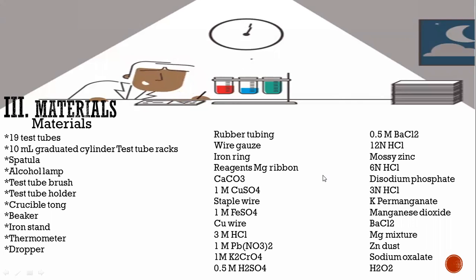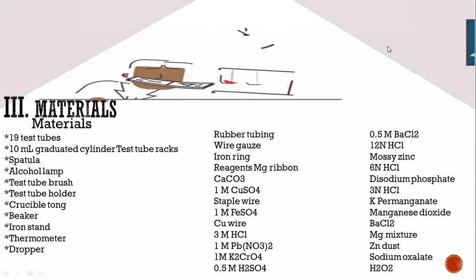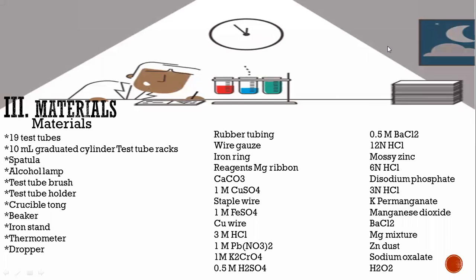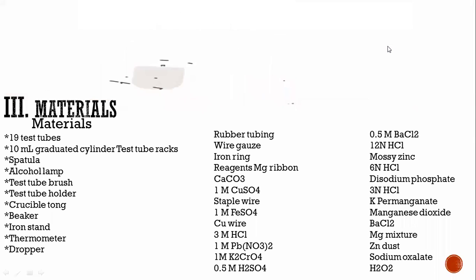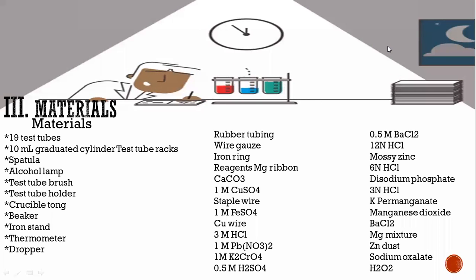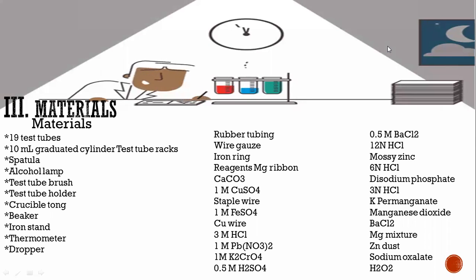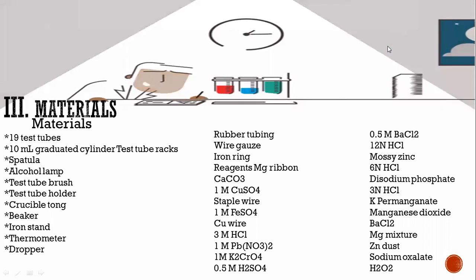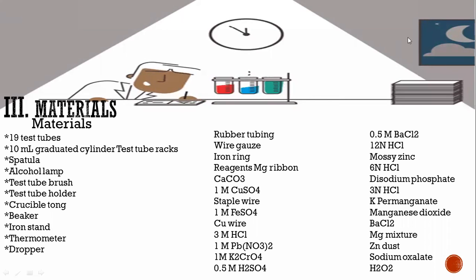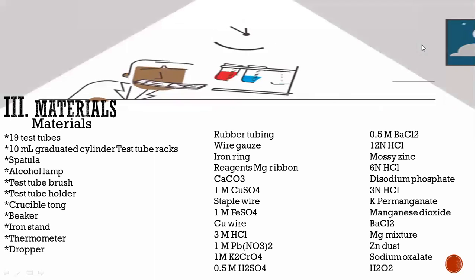Reagents: magnesium ribbon, CaCO3 calcium carbonate, 1 mole of CuSO4 copper sulfate, staple wire, 1 mole FeSO4 ferrous sulfate, Cu wire, copper wire, 3 moles of HCl or hydrochloric acid, 1 mole Pb(NO3)2 lead nitrate, 1 mole of K2CrO4, which is potassium chromate, 0.5 mole of H2SO4 sulfuric acid, 0.5 mole of BaCl2, which is barium chloride, and